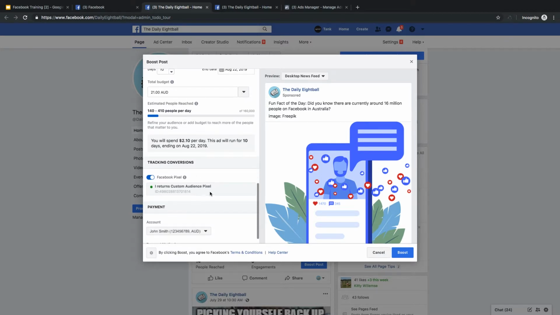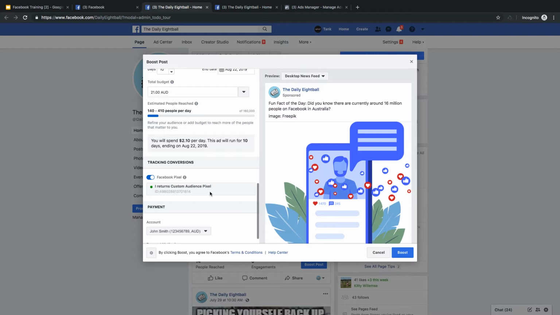Then the Facebook pixel, which is what I was trying to mention before. So what Facebook pixel is, just imagine this little dot that you place into your website. What that does is it tracks data that your audience goes on when they go onto your website, and it brings that data back to your Facebook, and it just translates and communicates the data between your website and Facebook,